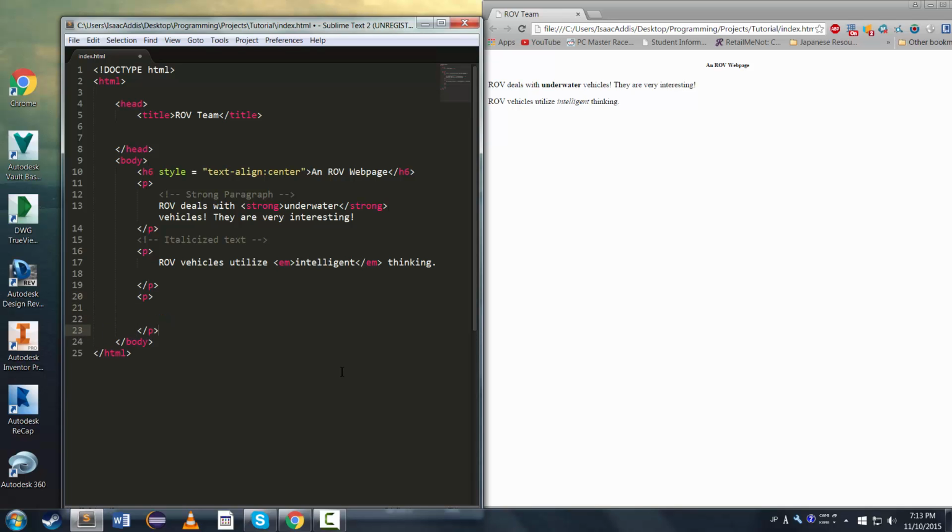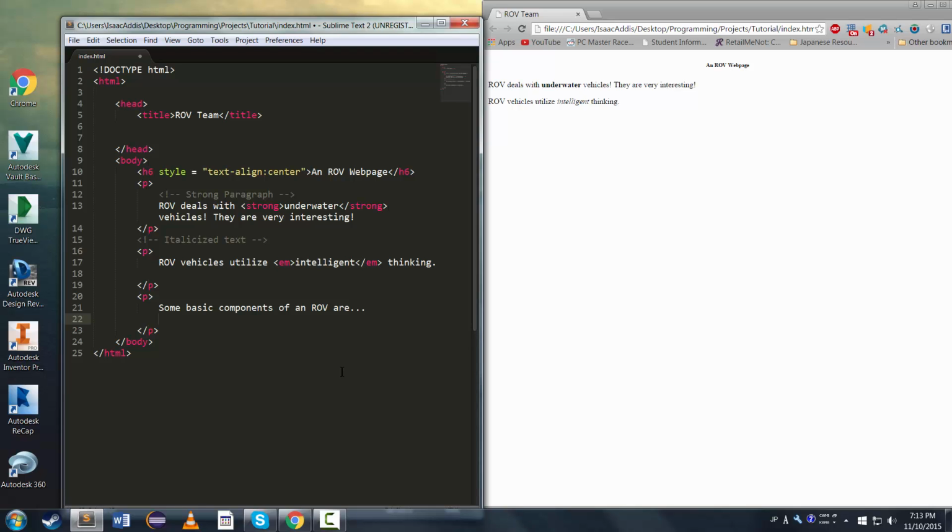So let's have some HTML stuff. I can say some basic components of an ROV, and then within it, right here after this, I will have a